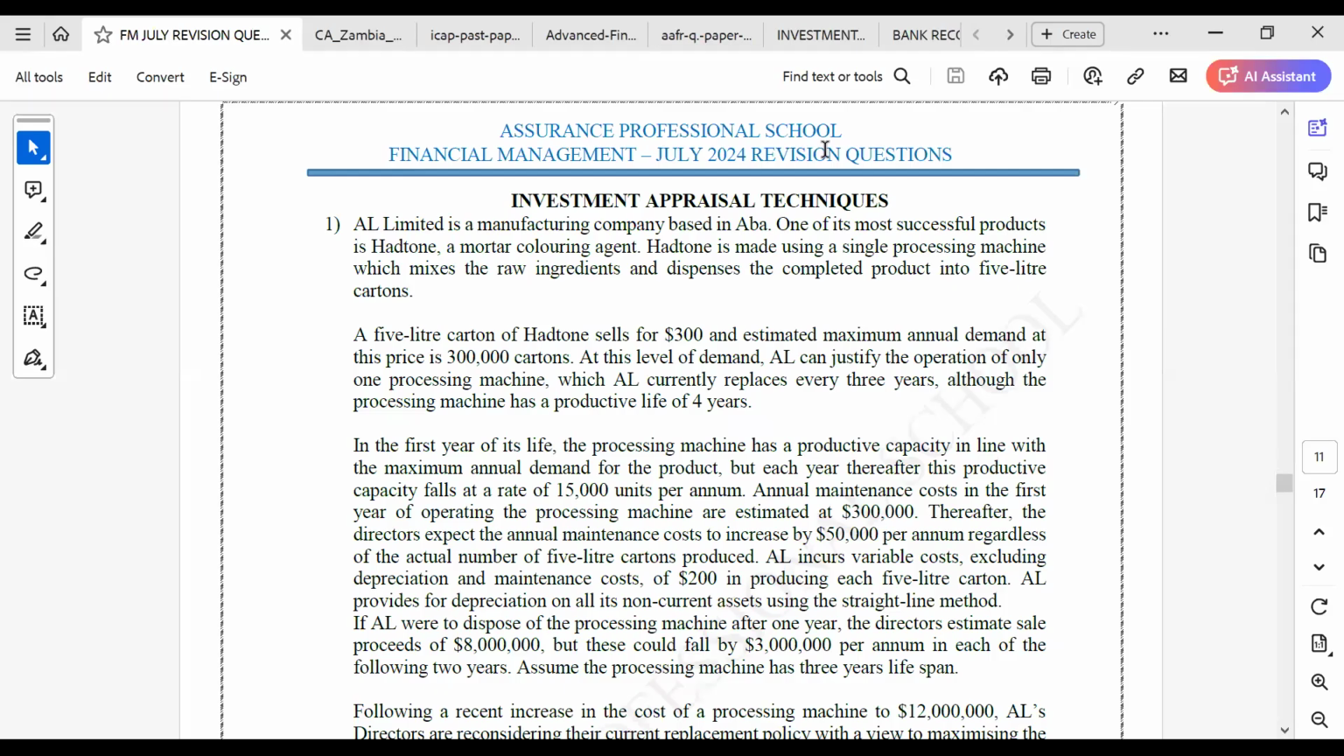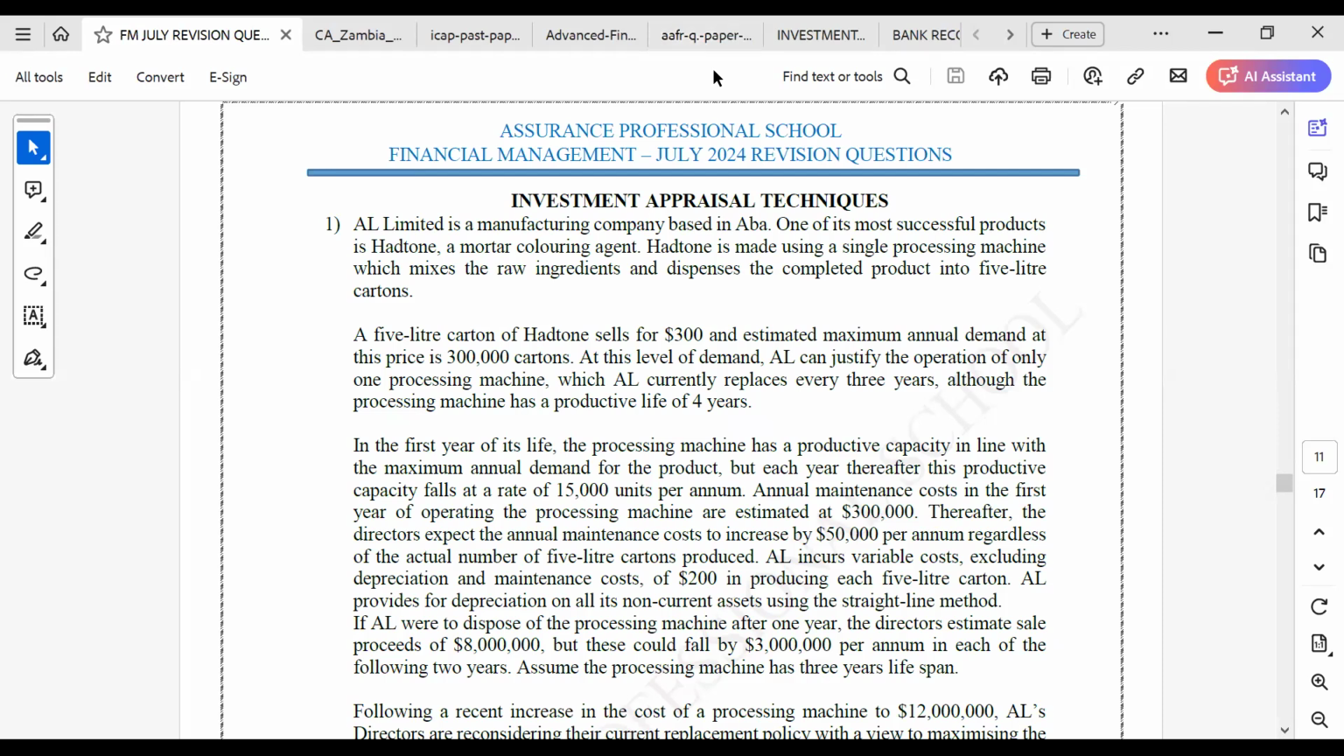So for the investment appraisal, they can ask you questions on so many topics. They can ask you questions on asset replacement: how often should a company replace an asset? They can ask you a question on lease or buy. They can ask you a question on sensitivity analysis. They can also ask you a question on what we call capital rationing,